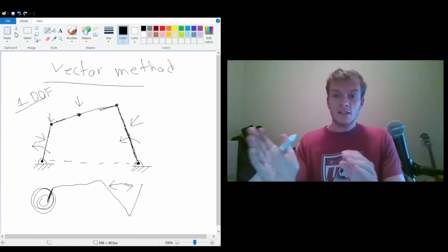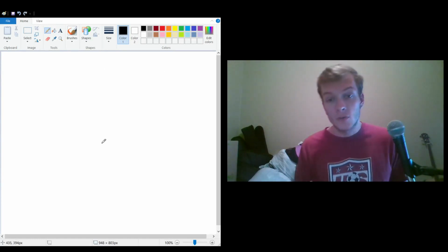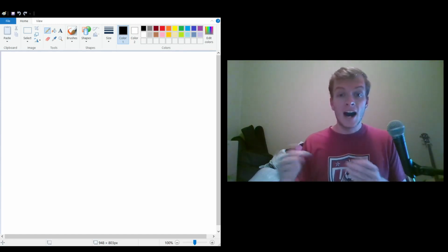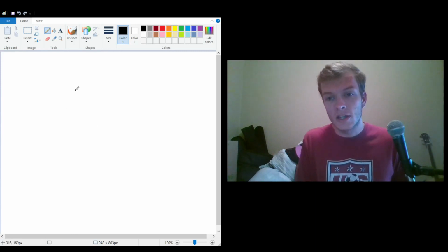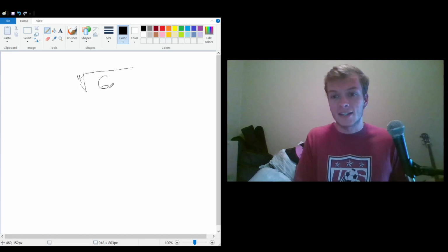So that's the basics on a 4-bar linkage, and I want to give some basics on vector notation. I did actually go over this a little bit, the Euler method, when I was talking about higher powers, and that's not a religious question. That's if we have a question of higher roots, I guess. So if we had the 4th root of 6, then